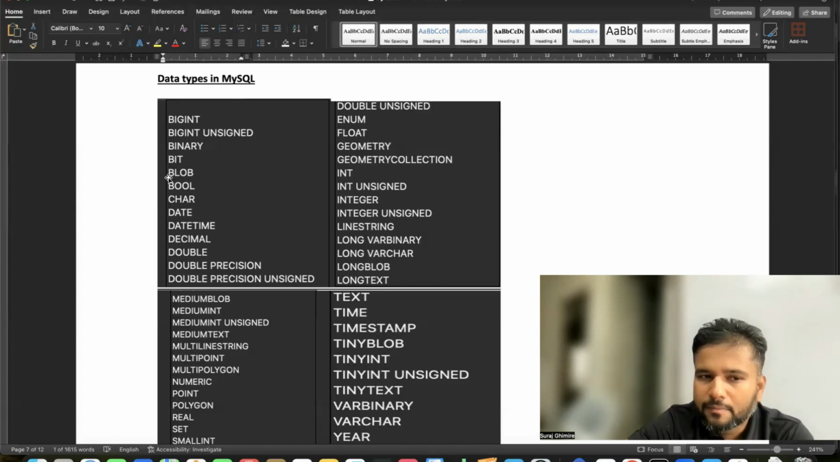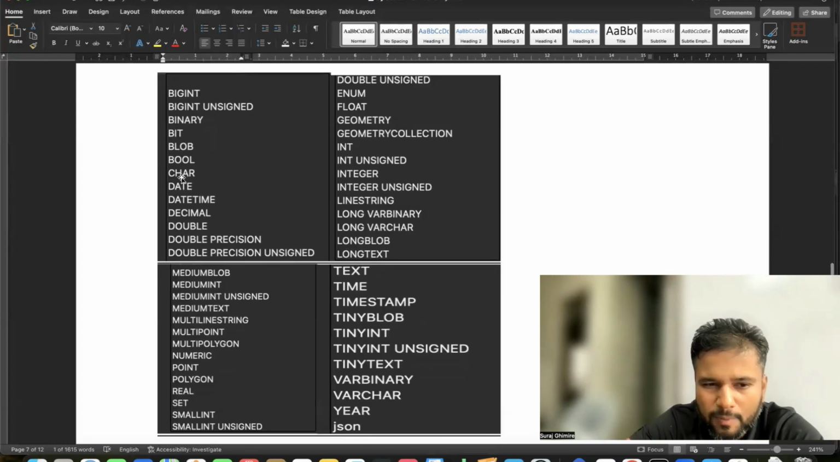Blob, as I said, is binary large object. Now it can be used when you want to upload or store files. In that case, you can use a blob. And when you talk about blob, again there are variants like medium blob and long blob, right? And then bool is for boolean. Char is for character. Date, we will explore a lot on this, date and datetime. Okay, this can be used to